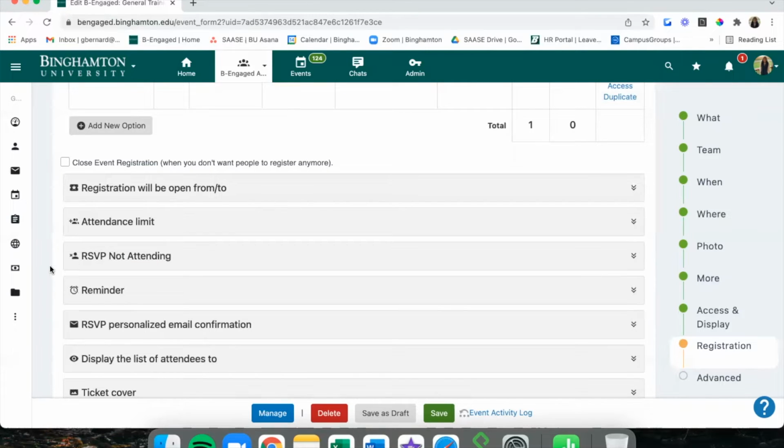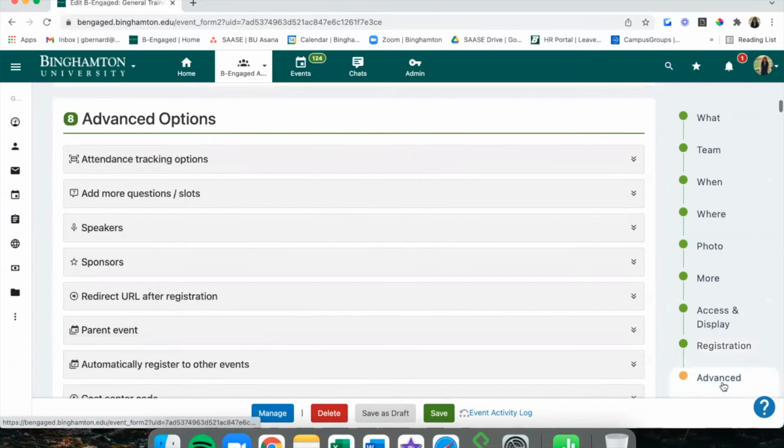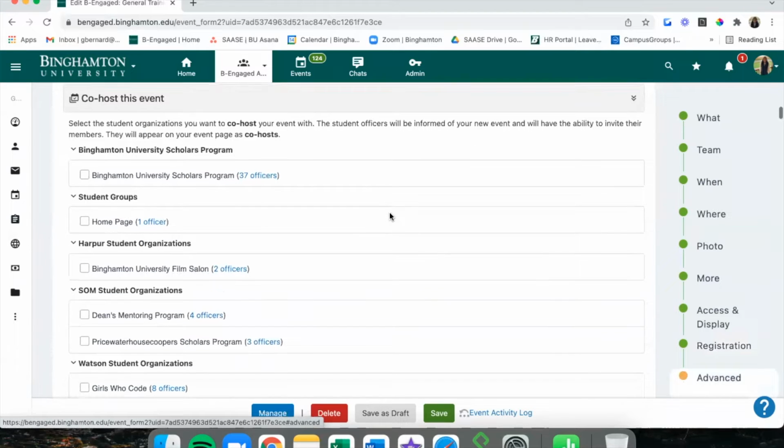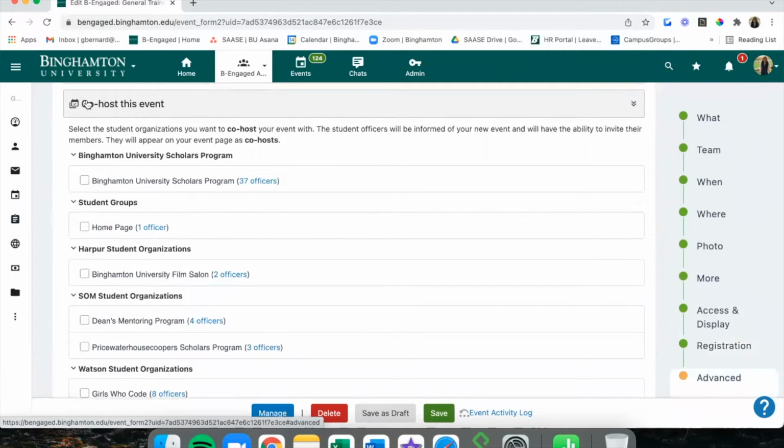So heading down to the advanced section right underneath registration, the other thing that I want to touch on is co-host this event. So this allows you to choose from any university recognized group or office on campus and choose them as a co-host for your event.